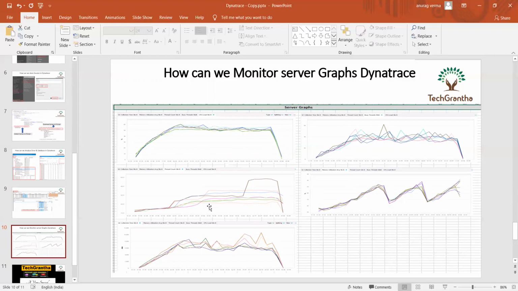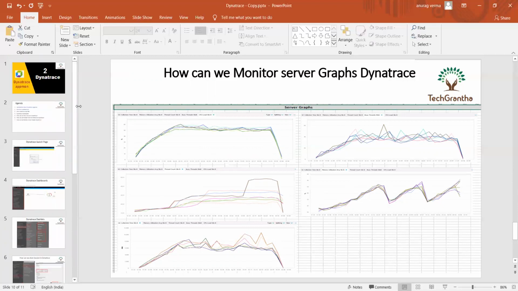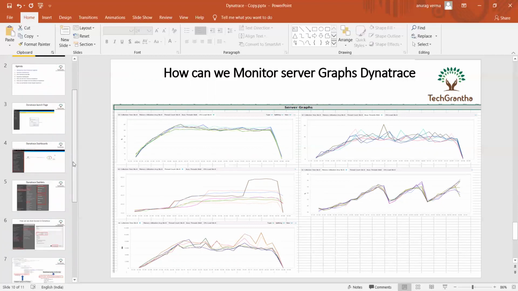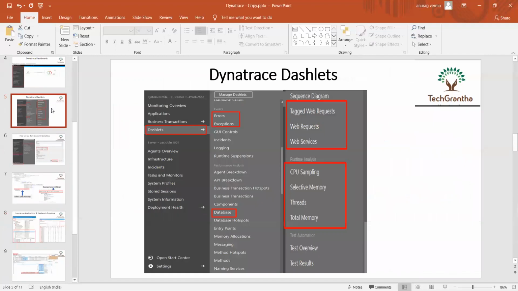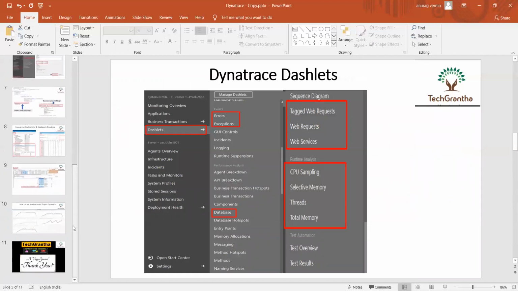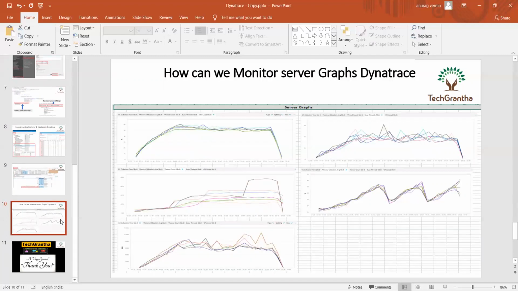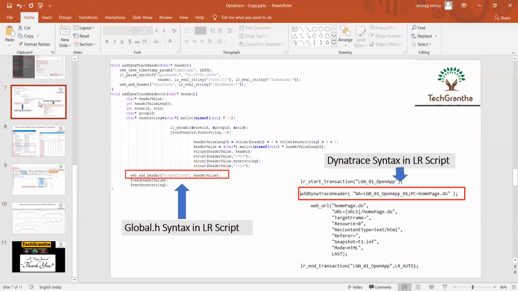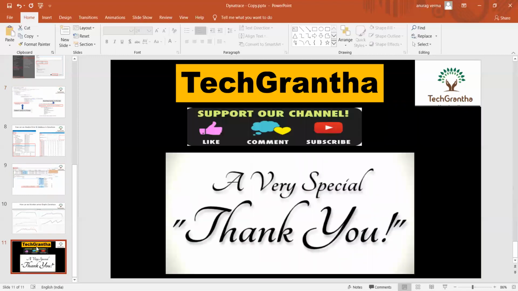So this is the basic and brief introduction to the Dynatrace tool, how it works and how we can go ahead with different types of analysis and monitoring. Mostly these are all the things we can monitor using the Dynatrace tool. The best feature of Dynatrace is that we can monitor live information, live execution time and duration, and we can also store the session directly. I hope everything is clear for all.